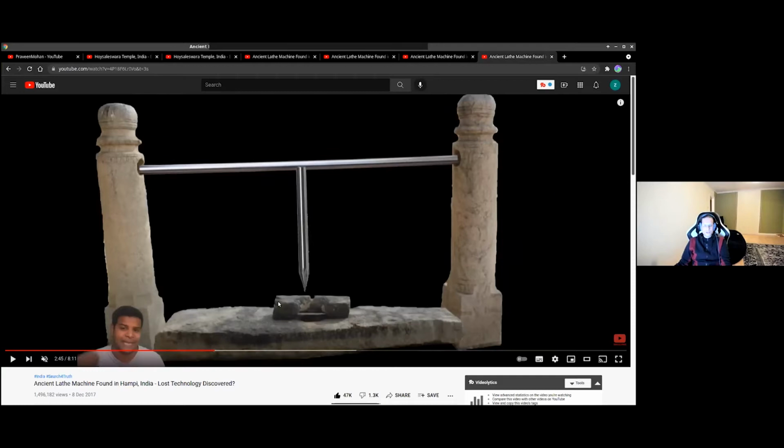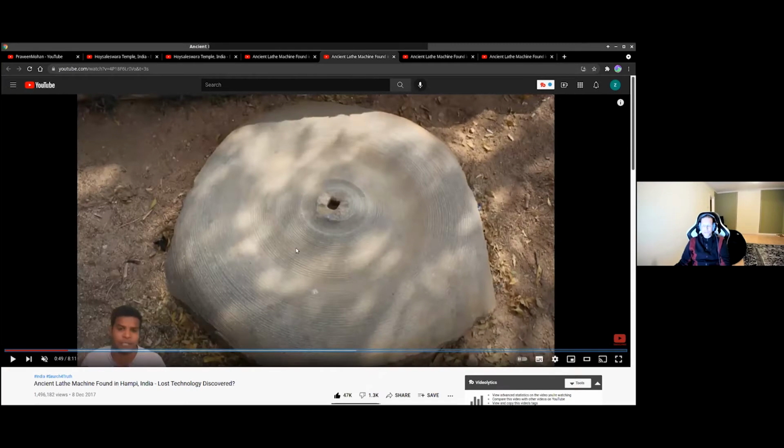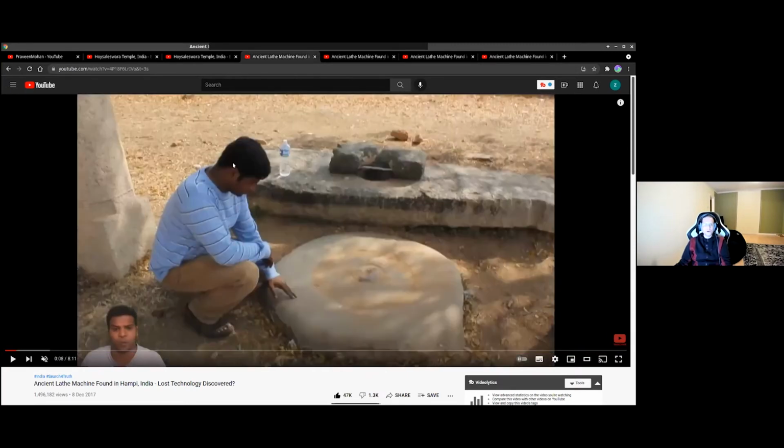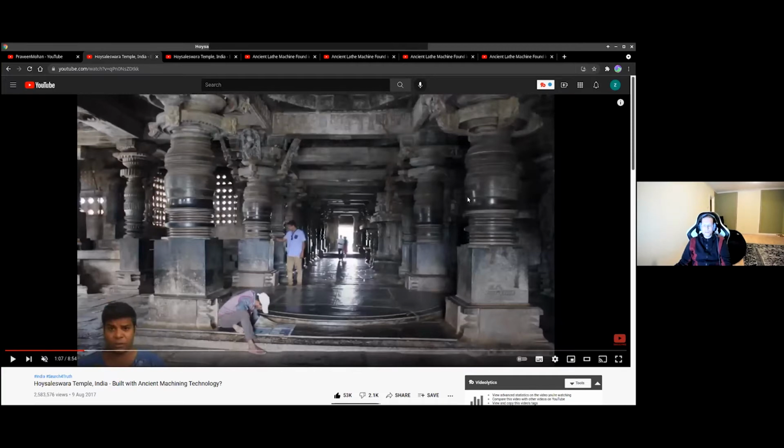And here he's superimposed parts for a lathe. So maybe they had some kind of lathe that they were using to spin the stone, and actually lathing some of the stones for the various pillars. I think the idea that ancient India had some of these technologies that were lost over time holds some water, and I was already kind of aware of some of this stuff.